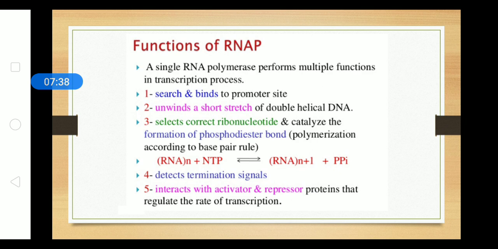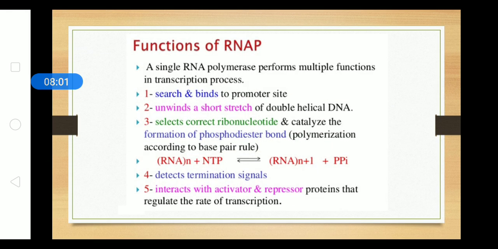Now, if we consider points number 4 and 5, regarding the termination site, anything which starts has to end at a certain point. Consider a car. If you keep it driving on for as long as you can, it will stop at a certain point when either its tires will be damaged or its petrol will be over. Similarly, when there is a termination site, like for initiation there is a codon AUG, for termination there are codons like UUA, UAG or UGA.